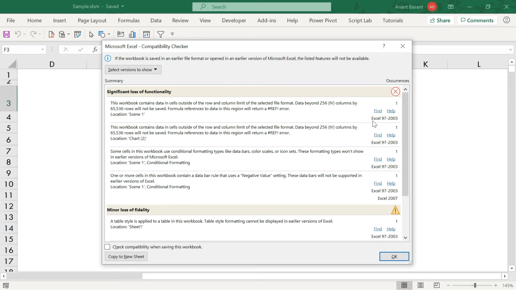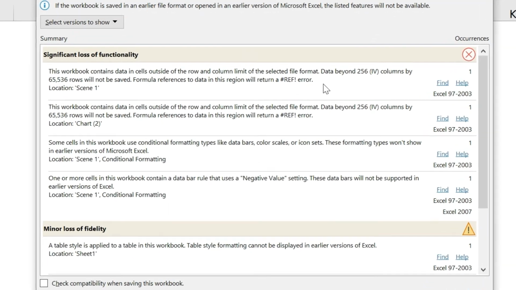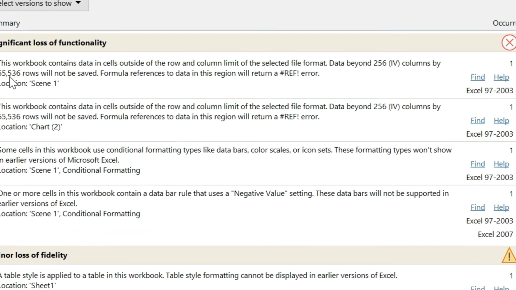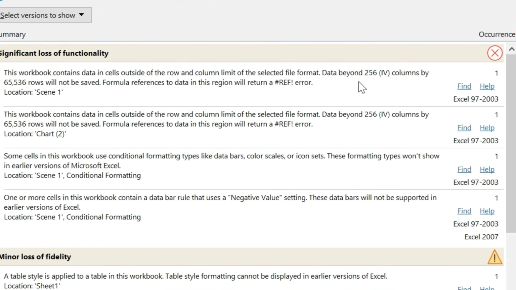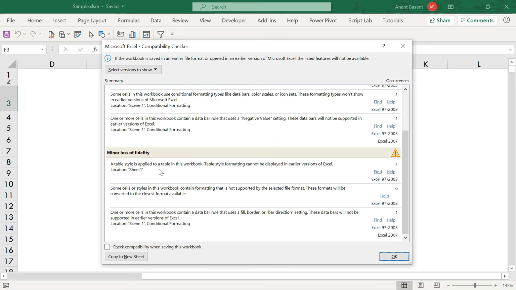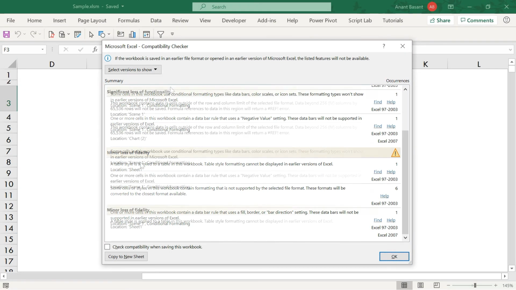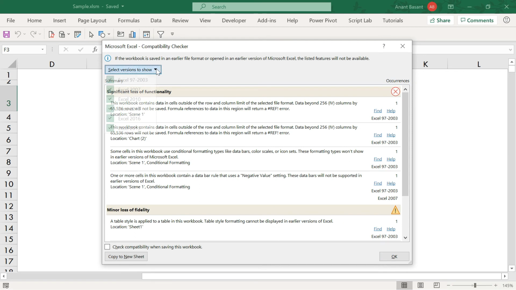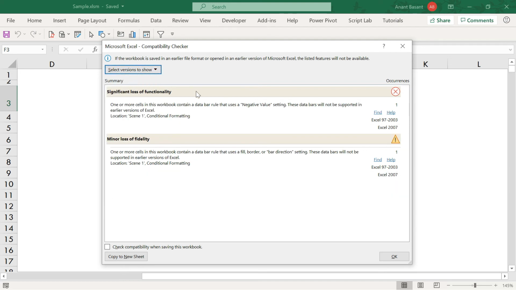So in Excel 2003, that is Excel 97 to 2003, there were only 65,000 rows. So data will definitely be lost. Then there is some minor loss of fidelity also. On this box, you can also see which versions it is checking for. So if you remove 97-2003 from here, it will not show you those errors.